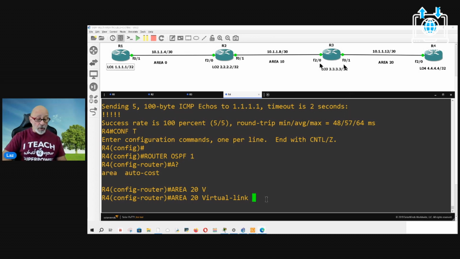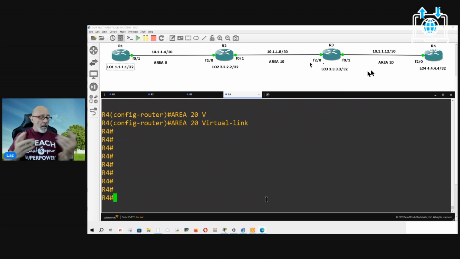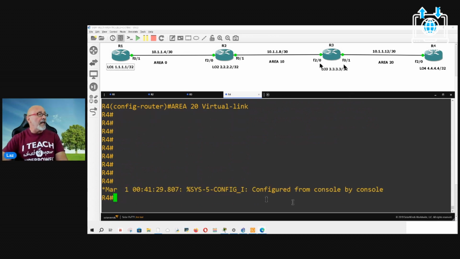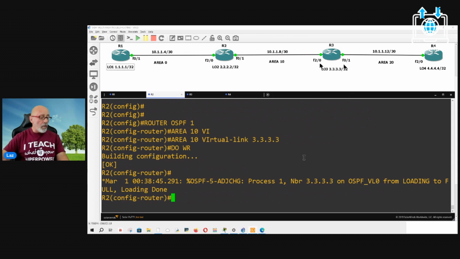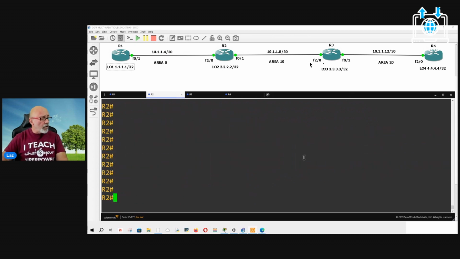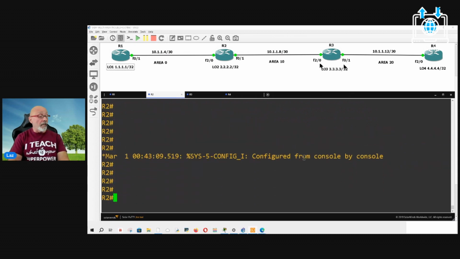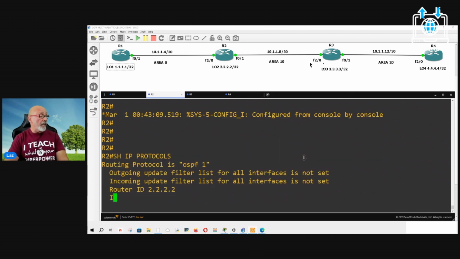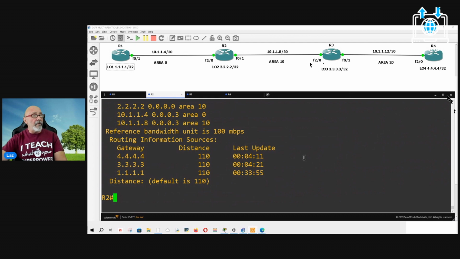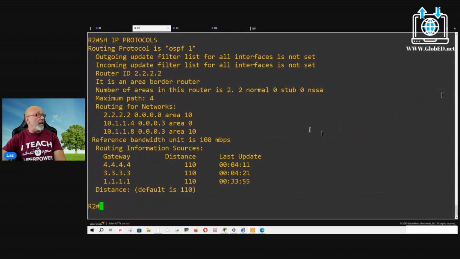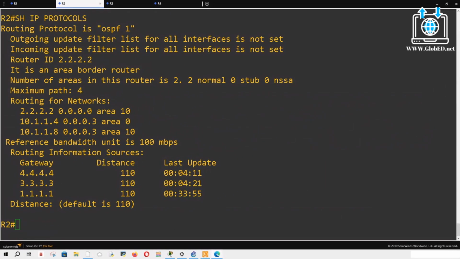So I showed you first just to look at your routing table, but you can also, let's say in router 2 or 3, use a very good command right here, show ip protocols. I like this command a lot. And let me maximize this for you so you can see it better. Let me full screen that so you can see it much, much better. So now look what all this shows you.